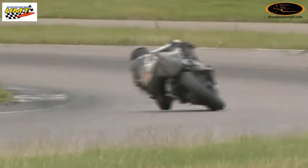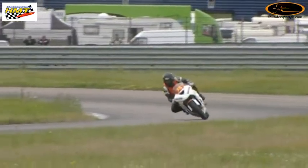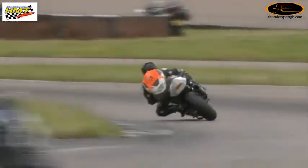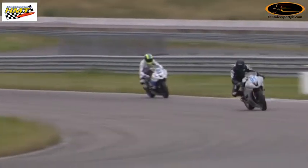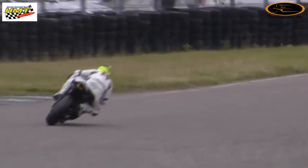Number 95 it is that still leads though, Ryan Gibson. 2nd place for Chris Helliwell. As we pan back and we see Anthony Charlie there, number 35 with the orange vest on. So denotes the fact that he is a rookie for this year, as are pretty much every rider out in the field. I mentioned Barry Teasdale earlier on, number 224, that despite breaking his arm at Snetterton, the one